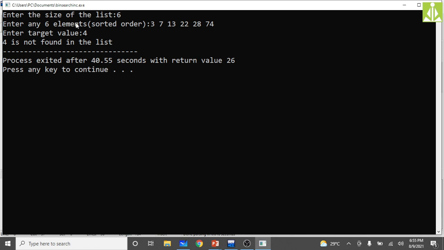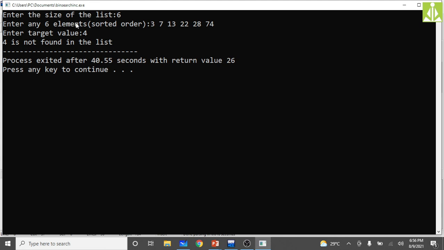Okay, so when I started the searching concept, I told you that the comparison operation is the costlier operation in terms of computer terminology. So we need to avoid comparison operations as much as possible.